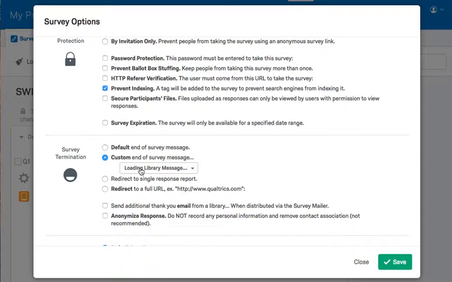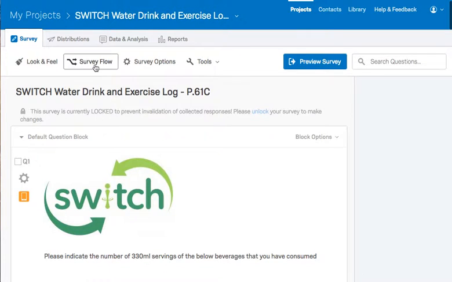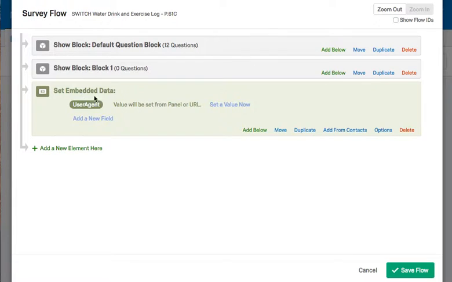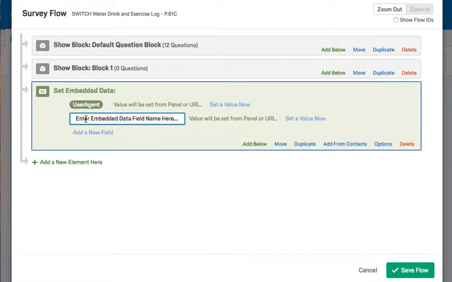But if we want to add the response ID into this message, we will either need to get it or copy it from the person who actually owns it, or else just come up with our own custom end of survey message that appears at the end, and we can add it in that way. But the steps would be, if we close out of here, we would go into survey flow. We would add down the bottom, where I already have the user agent, which pulls in the information about what device people are using. You would go to add a new field, and we would call this